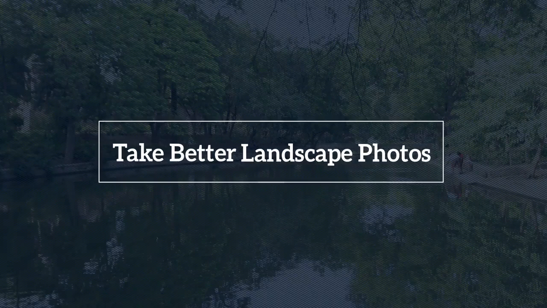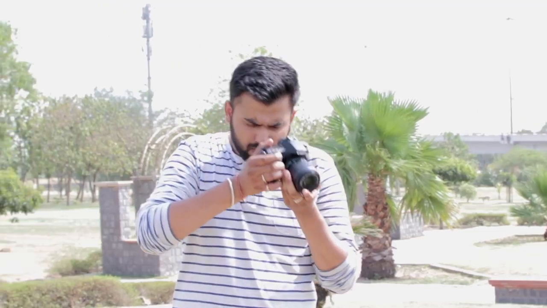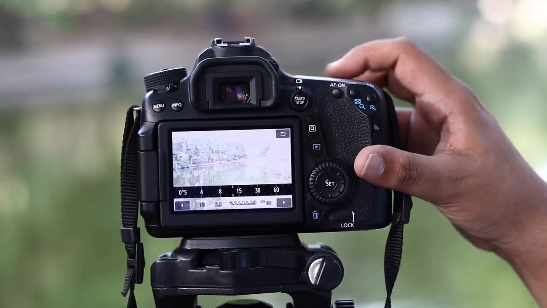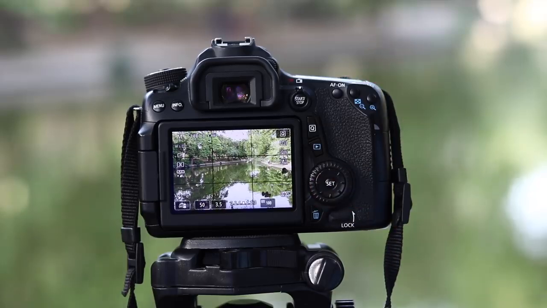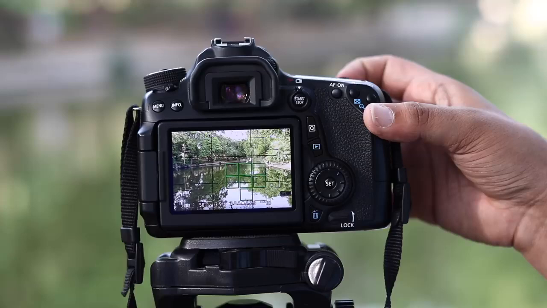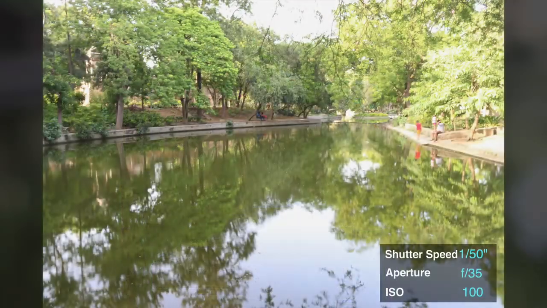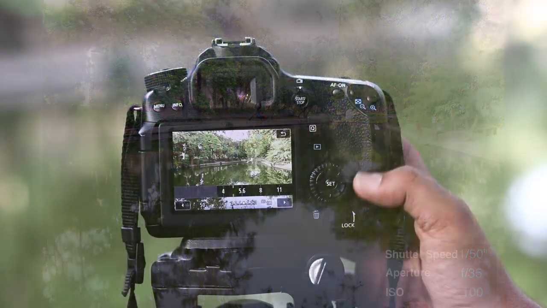Landscape photos are something that most of us love to capture. However, at times we don't get an all sharp photo, which is a shame. For instance, I'm capturing a photo at an f3.5 and a shutter speed of 1/50 with the minimum ISO that's possible. So you can see in the photo that it's focused on an area in the water and it's not all around sharp. So let's set the f-stop, aka the aperture,